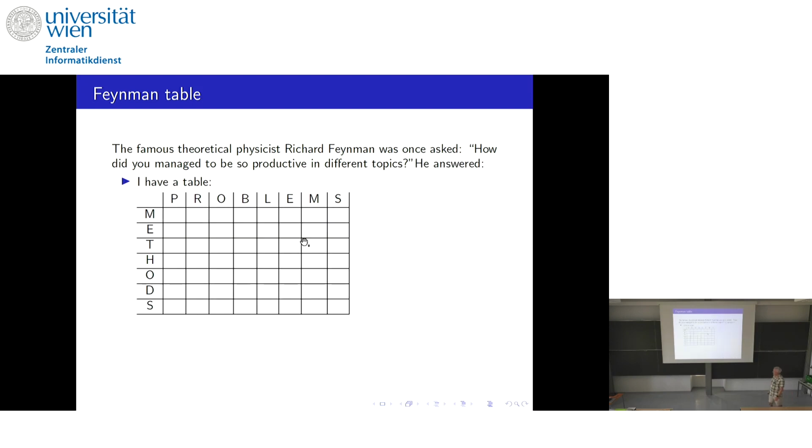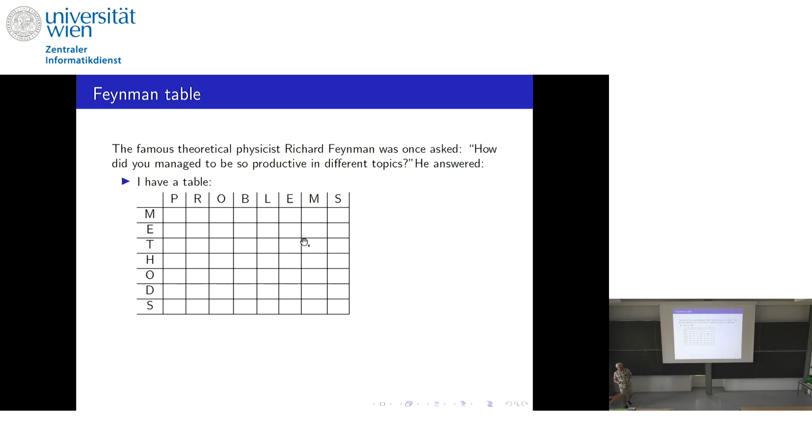So the answer he gave is that in my head, I have a table such that in rows we have methods and in columns we have problems. And once I get a new problem, I put it in an extra column and apply all methods I know to this problem. And once I have a new method, I put it in an extra row and apply it to all problems I have. It is quite a good way to think about how to do research, because first of all, you produce quadratically many results,